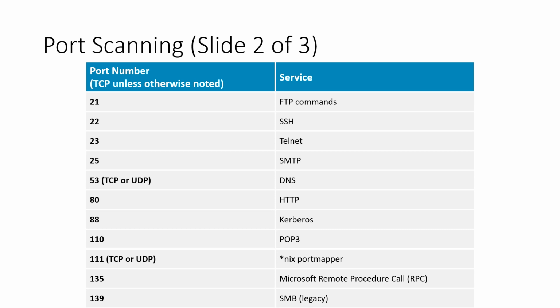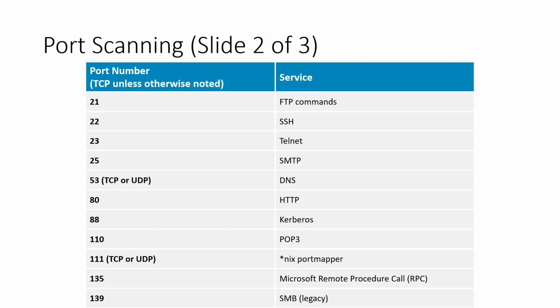But in here, I have a list of the different port numbers, like 20 and 21 for FTP, 22 is SSH, 23 is Telnet, the email protocol SMTP is 25, DNS is 53. Also, by the way, it is very important to identify if a specific service uses TCP or UDP, like DNS is using both TCP and UDP. All of the ones above are using TCP. HTTP is also using TCP at port 80.